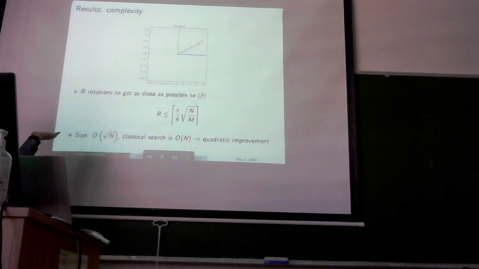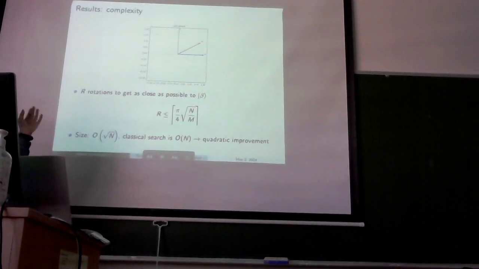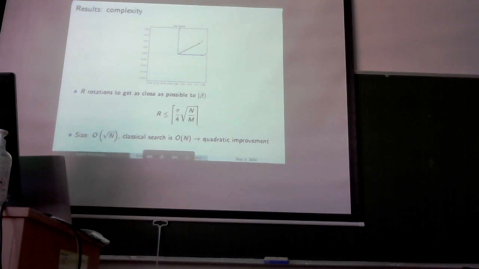It's going to be of order of the square root of n. And since classical searching, in which you have to go through each element by checking if the element is the target or not, is of the order of the number of elements, and in fact it requires on average half of the elements until we find a target element, this shows how Grover's searching algorithm provides an improvement with respect to classical searching. And now I'm going to show a particular example.